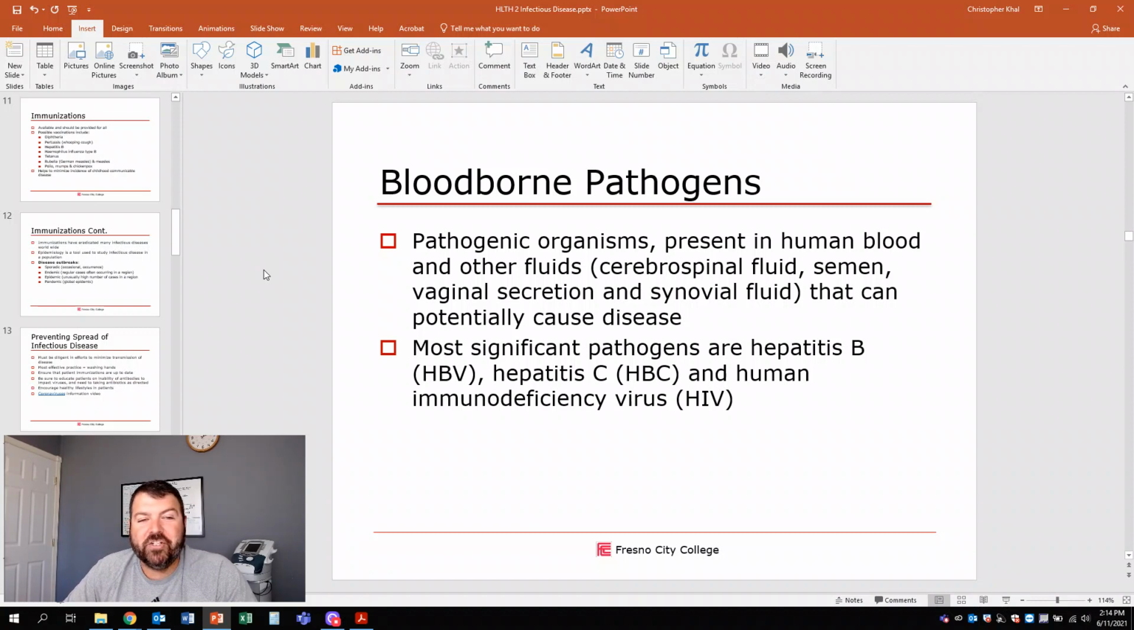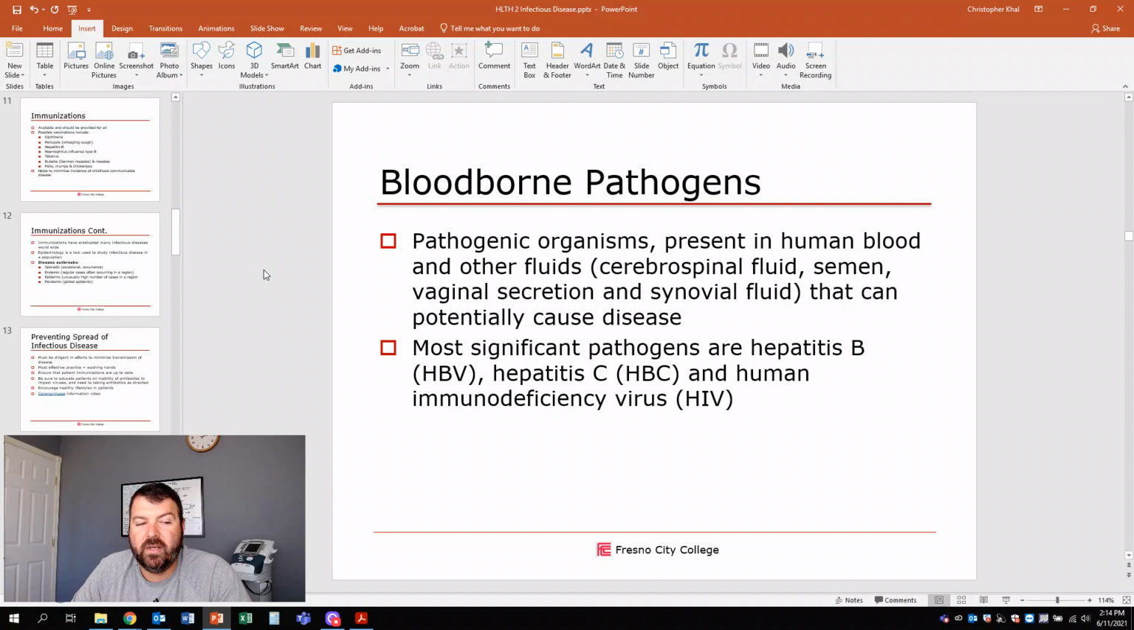All right, pathogenic organisms present in human blood and other fluids. Cerebrospinal fluid, semen, vaginal secretions, synovial fluid, which is the joint fluid in the joints, can all potentially cause and spread disease. Whether you're working in a hospital, a healthcare setting, or your kitchen, you've got to be aware of all these different bloodborne pathogens, whether you cut your finger on a knife in the kitchen and have blood everywhere, or you're in a healthcare facility and